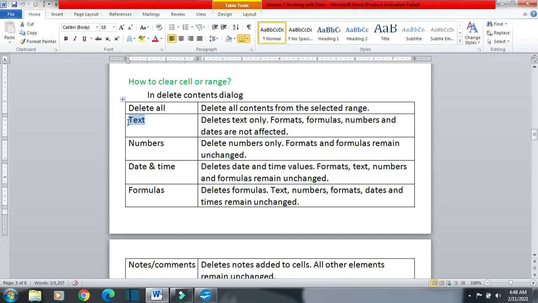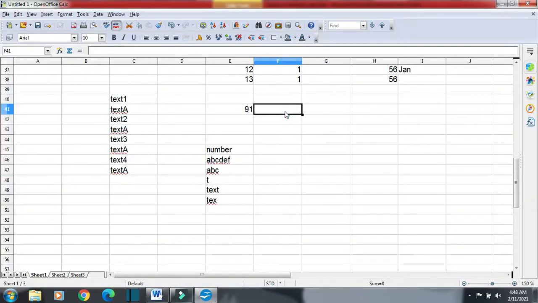Next is text. Let us create one series first. Suppose we have a series with text, with number, with time, with date, with formula, with comment also.